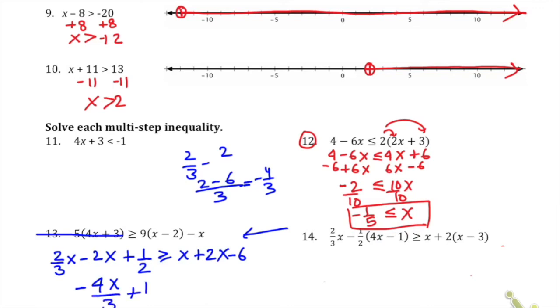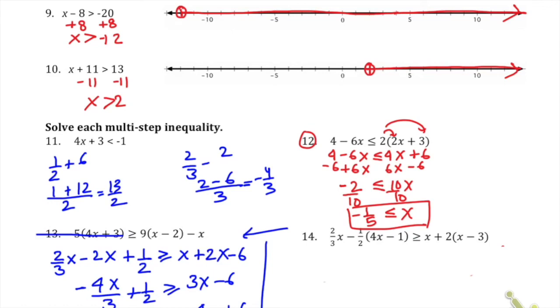-4x/3 plus half is greater than or equal to x plus 2x, that's 3x minus 6. What I would do, I would add 4/3x to both sides, and I add 6 to both sides. So what I'm going to get, I get half and 6. When you add half and 6, that's going to be 2, that's 1, 1 times 2 is 2, and 12, 13/2. So on the left hand side we have 13/2 greater than or equal to 3x plus 4/3x, that is what,